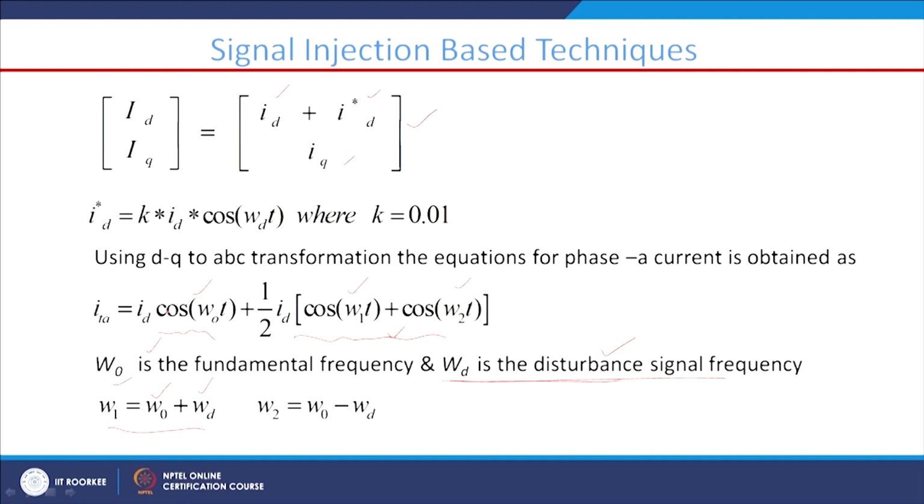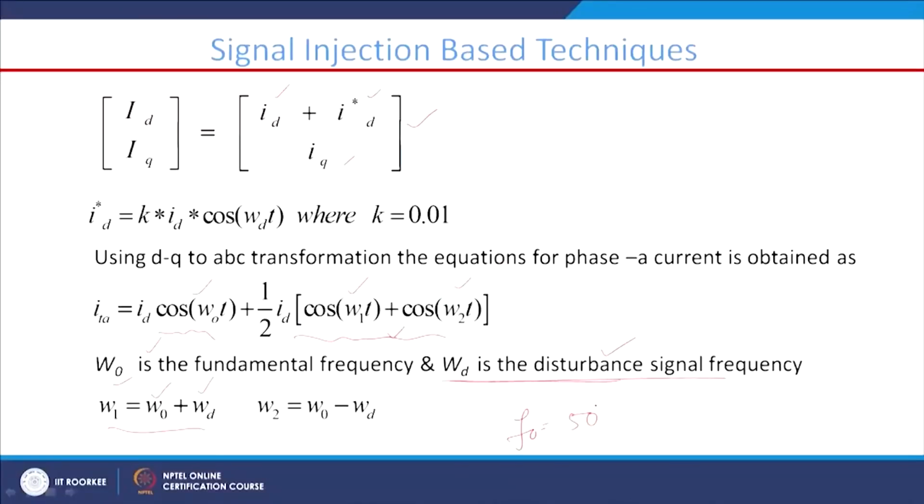If I know this omega naught, let us say f naught is equal to 50 hertz, then I can always calculate the corresponding f1 as f naught plus fD. If I take fD equal to 30 hertz, then it will be 50 plus 30 is equal to